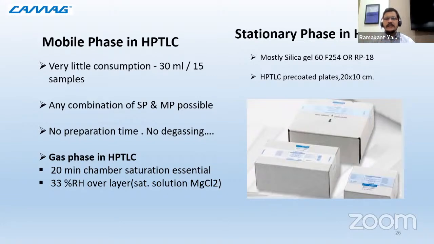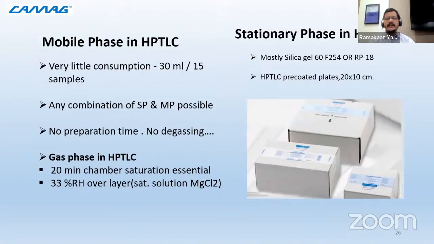So that is very tedious, how to search for a mobile phase, how to select the mobile phase and stationary phase in column chromatography. But in HPTLC, you can start from scratch. If you have normal phase plates available in your lab, you can take that plate, you can apply your sample in the form of solution on the plate. Then after that, it will remain in the form of solid.